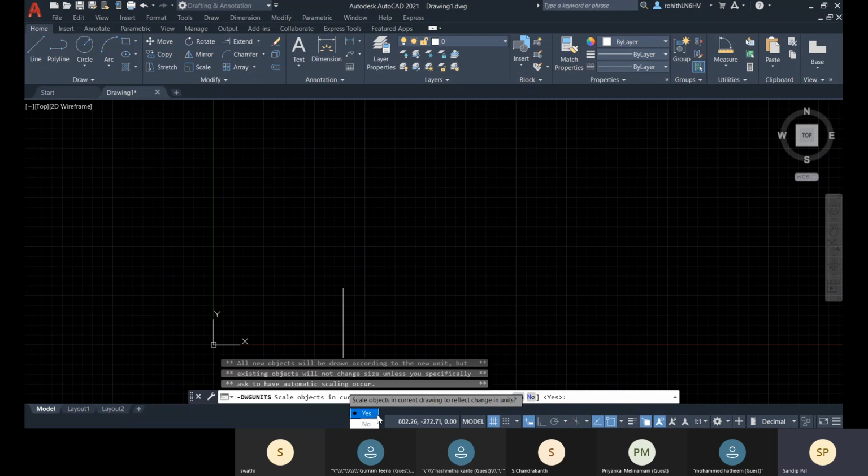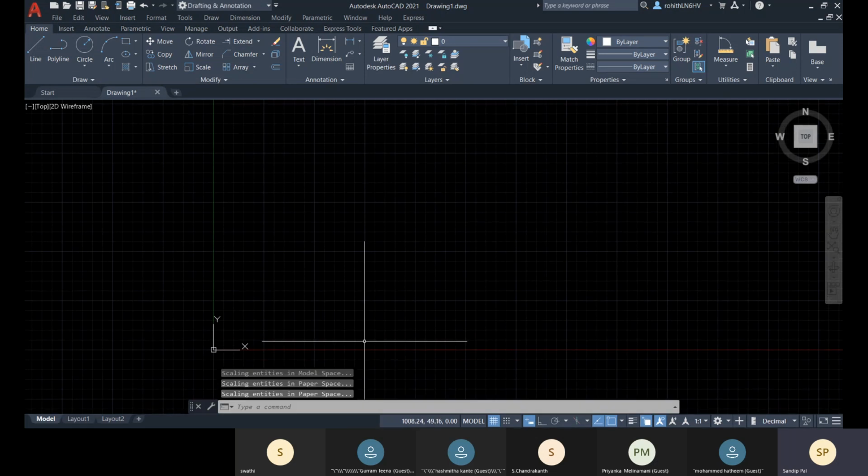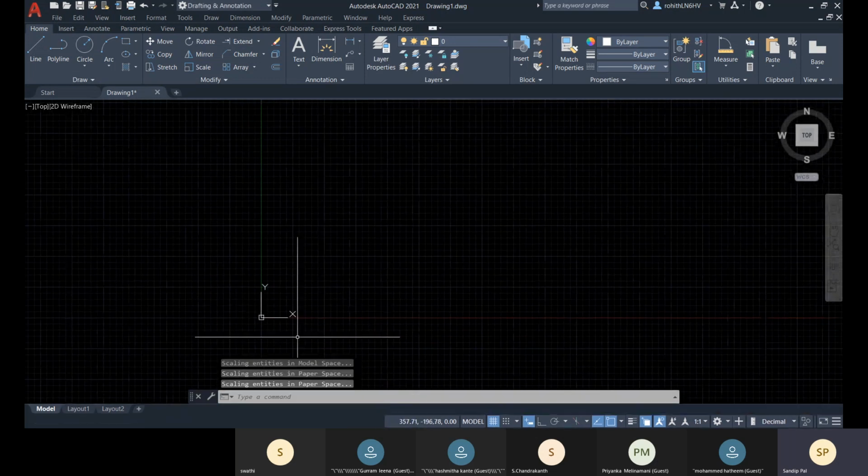That is possible with this dash DWG unit command. And include objects in paper space. That's obviously yes. You all know what paper space is, that is in the layout tab. Let's include them also, and that is done right now.